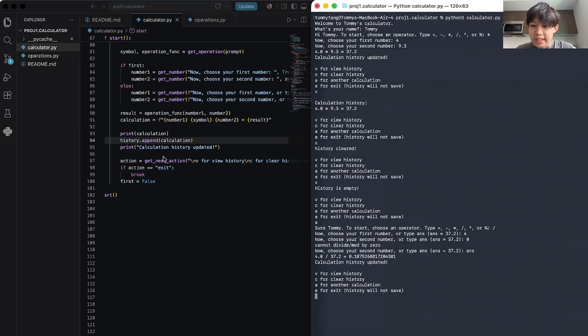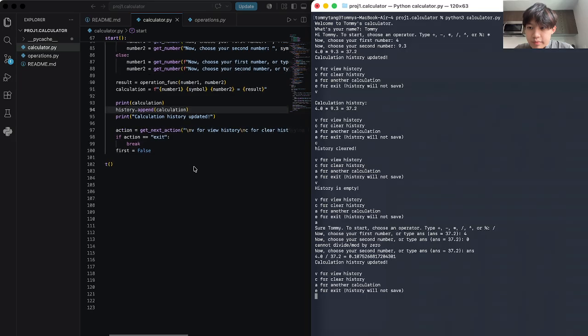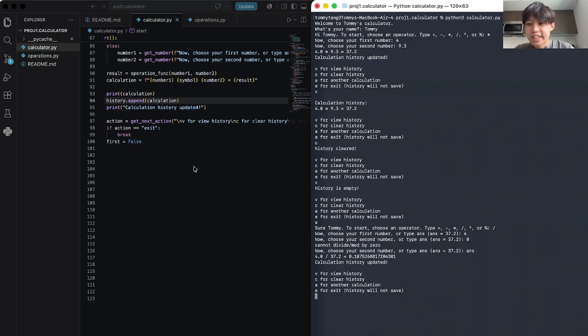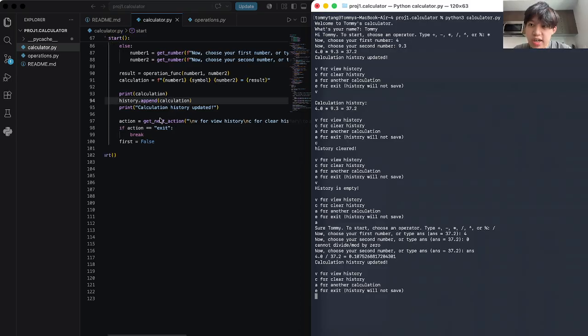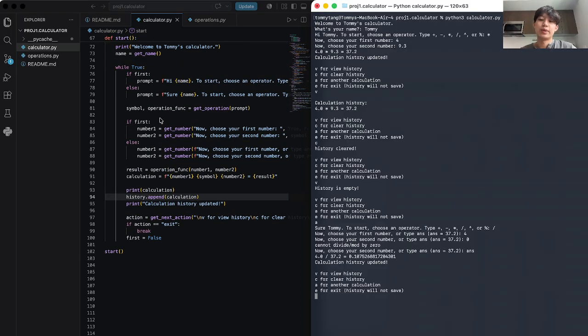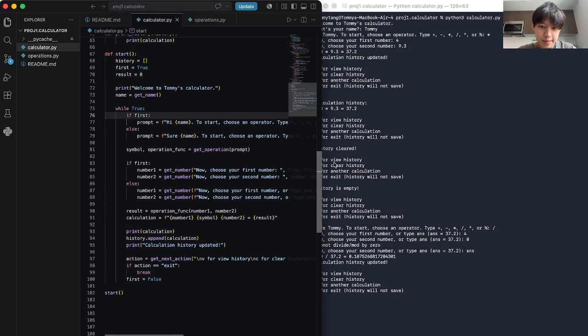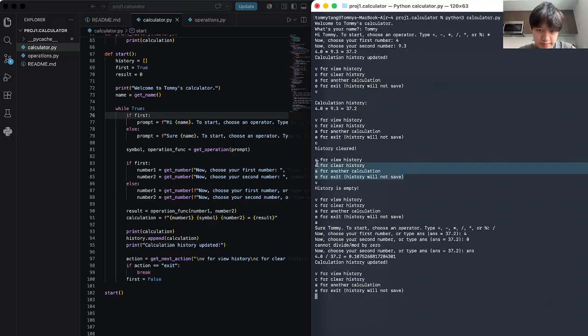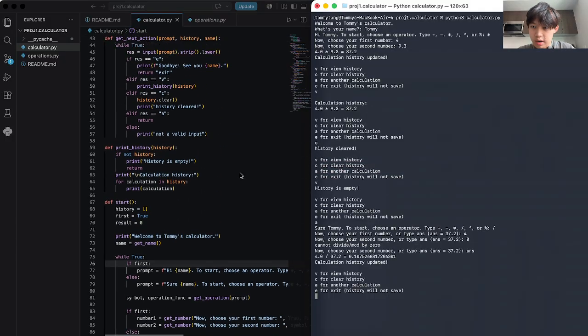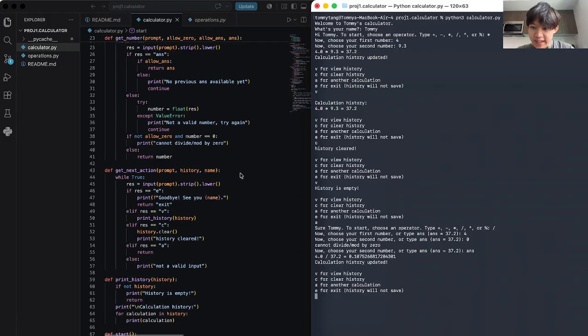So then I'll print the calculation, I'll add that calculation to my history array, and then the last part of the calculation is the get next action function, where they have a lot of options to see what they want to do after they make their calculation. So from the menu here, there's 4 options, and these 4 options are all accounted for in the get next action